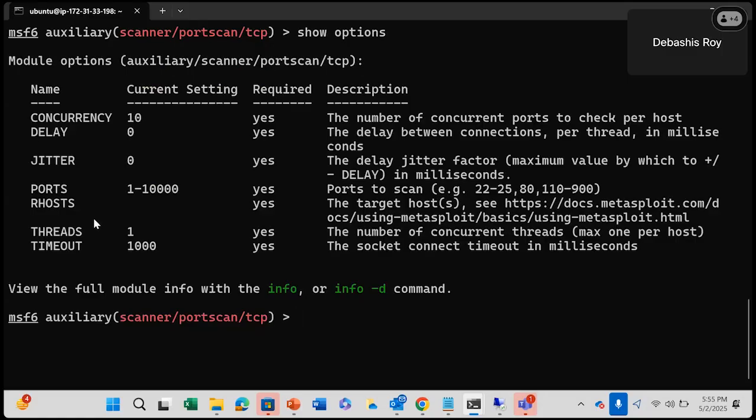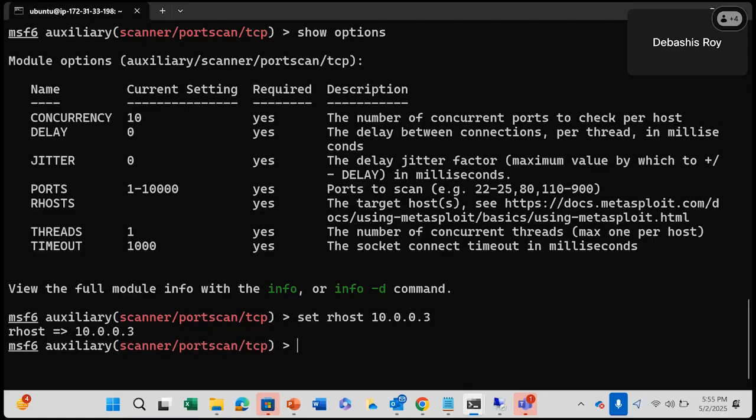R host is blank. The ports I want to give, I specify in set ports, and then I will know what the vulnerable ports are in the target system. So for example, set R host as the command, and the IP address I've given as 10.0.0.3 because that is what is running.